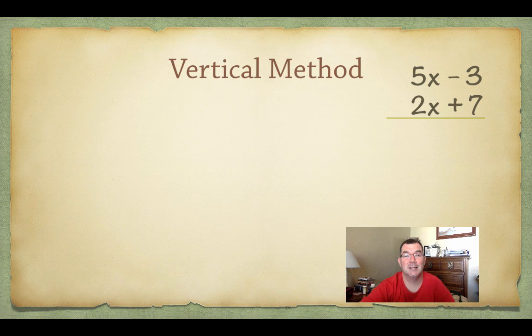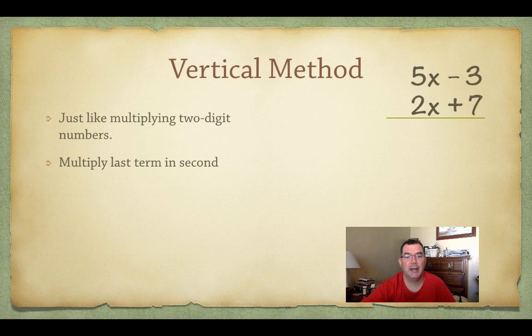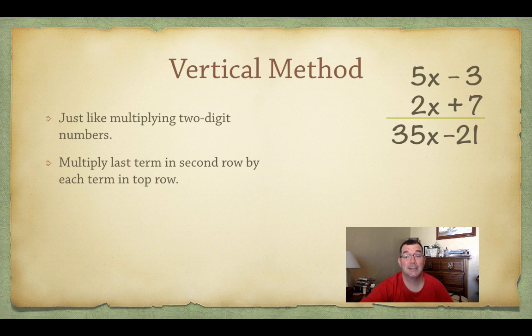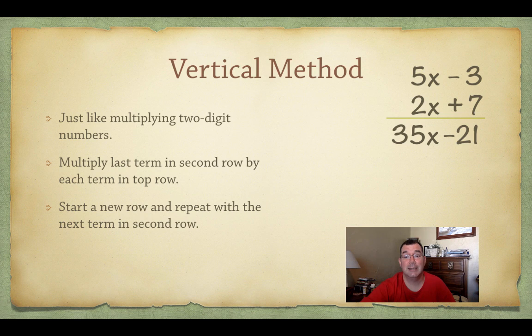The vertical method is a lot like when you multiplied just regular 2-digit numbers together. All right, so you remember what you did there. You multiply the last term in the second row by everything in the top row, and then you would keep moving along that bottom row. So if I multiply the plus 7 by the negative 3, I get negative 21. Multiply that same positive 7 by 5x, and I get 35x. Then I move to the 2x, which is in the second row, and I multiply it by everything on top. So 2x times negative 3 is going to give me negative 6x, and then 2x times 5x is going to give me 10